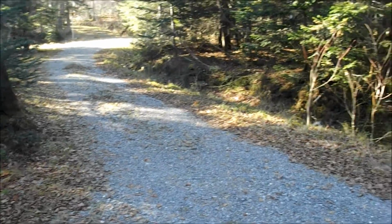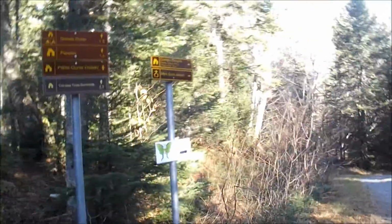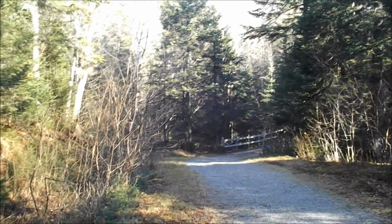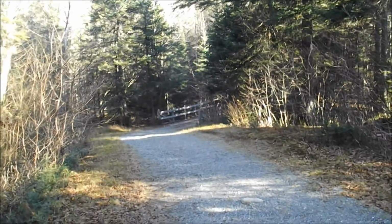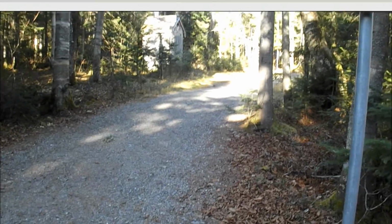We reach a crossroads with a chemin forestier, a forest road. Let's see. I believe you want to go this way. That way will get us to Mont Saint Joseph, which I hope to hit on the way down on a loop hike over Mont Mégantic and Mont Victoria. Anyway, I'm going to check the map, and if this is the way to go, I'll...